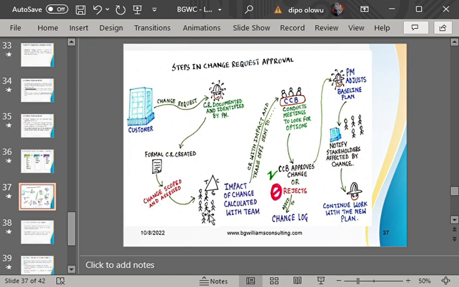So you can see the team now sitting down with the project manager and they are discussing. They are trying to find out the impact of the change. So the project manager and his team sit down to calculate that scope of work that has been requested for us to change. What is the impact?